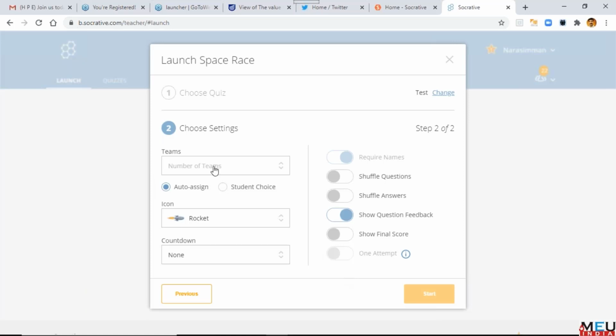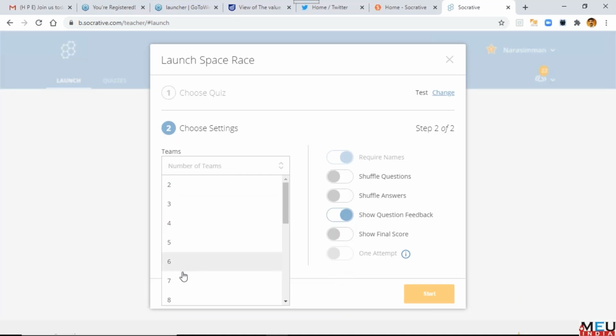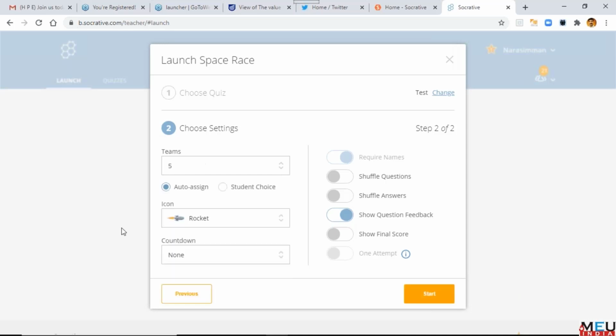For example, now we are going to have 5 teams. Okay, 5 teams, auto assign. So now, when you log in, you will go to a team of different colors.